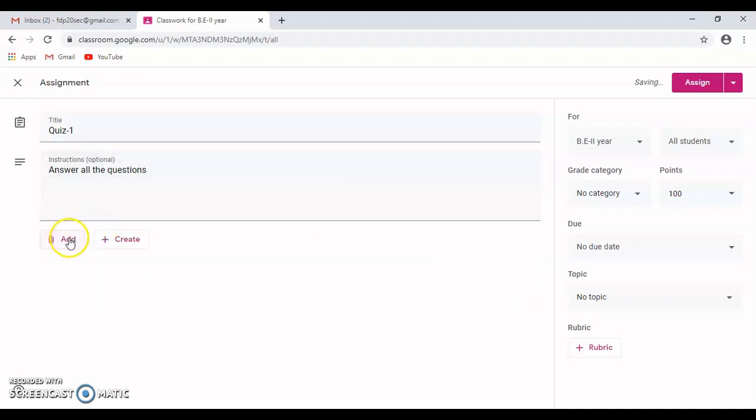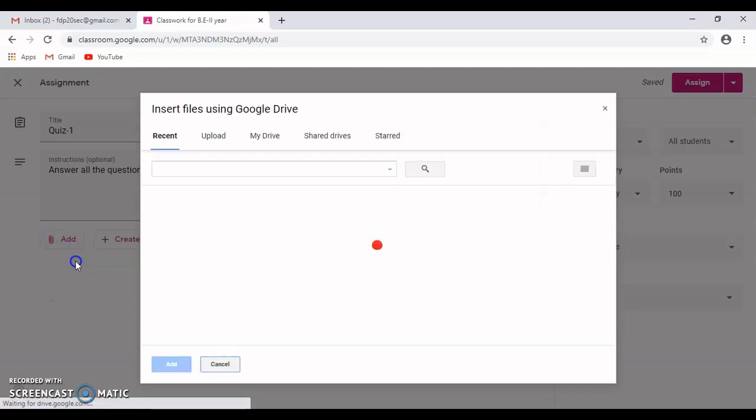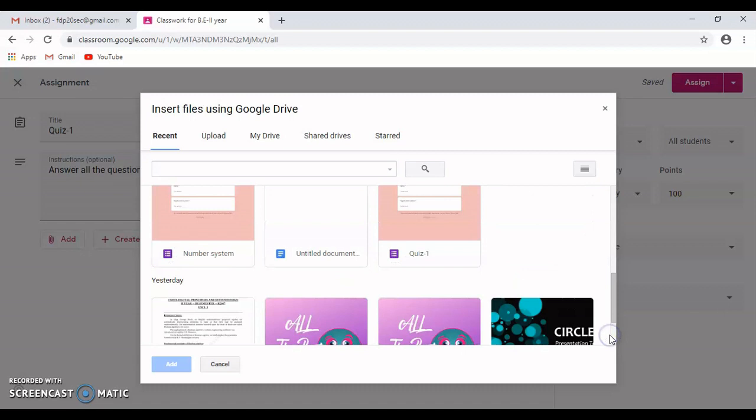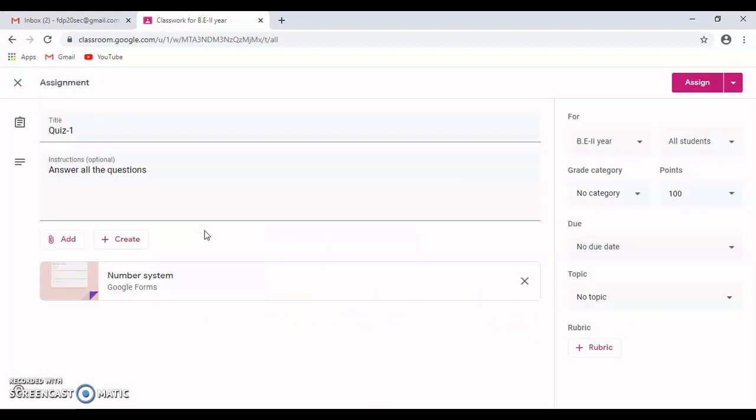The Google form is saved in my drive, so I click on Google Drive. I click on this quiz here. The quiz is loaded here. Now I click on grade category to change the grade as unit 1. Points is 10 points.